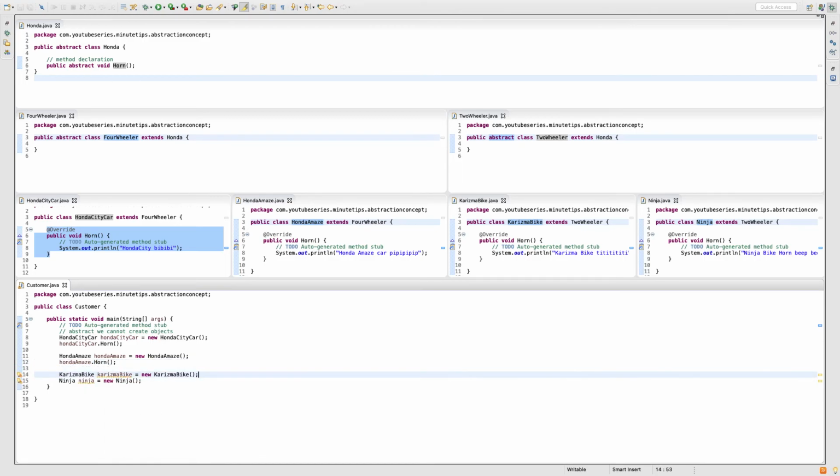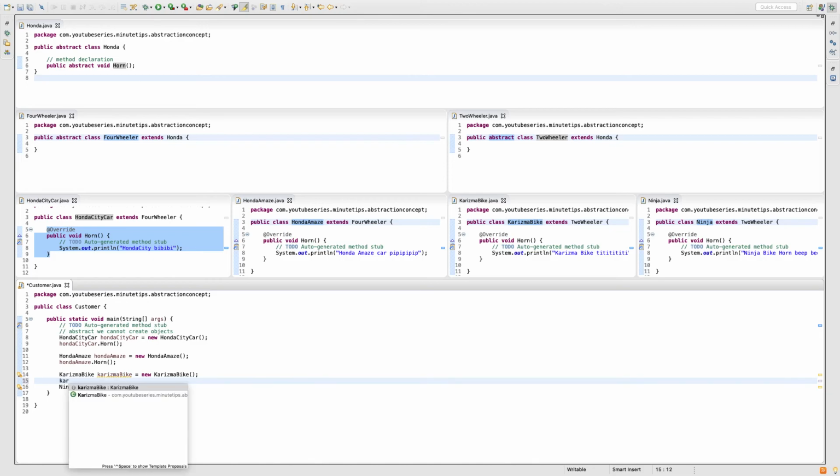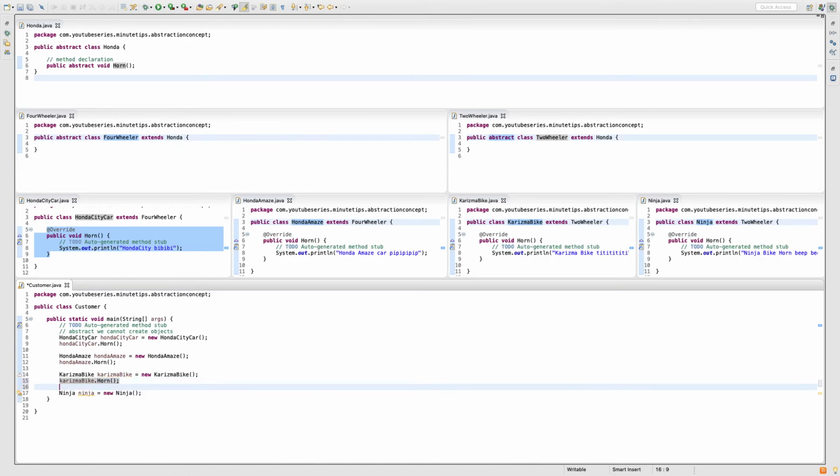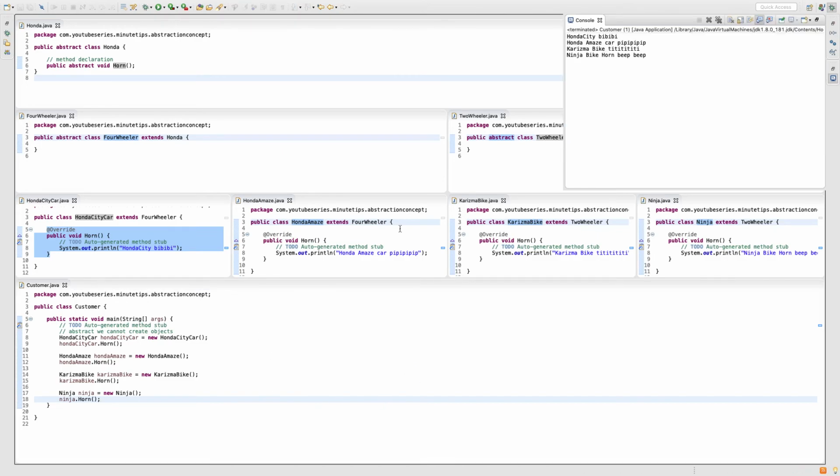Okay, let me just do my Charisma bike can call my horn method, and my Ninja bike can also call my horn method. If I save and if I run my customer class, you can see here's the output. Honda City BBB, Honda City Amaze PPP, Honda City bike TTT, and Ninja bike horn is beep beep, whatever it is.